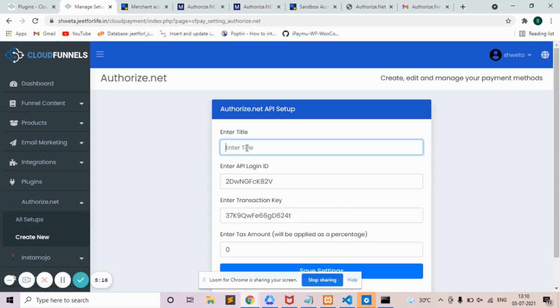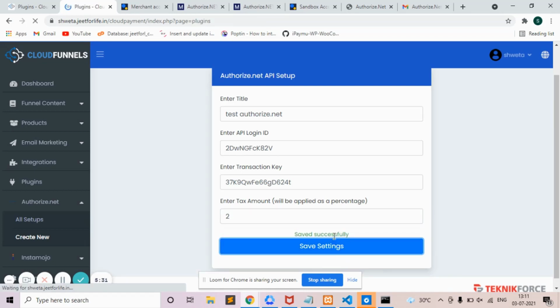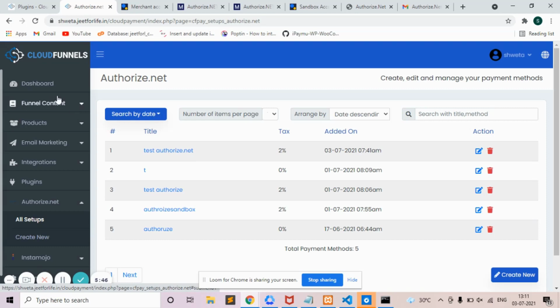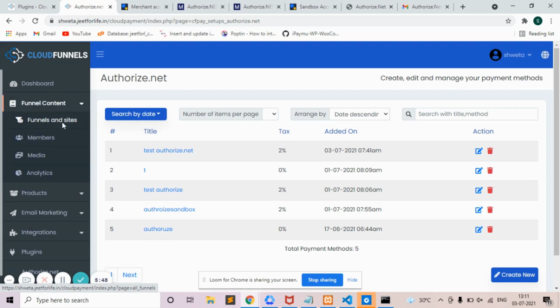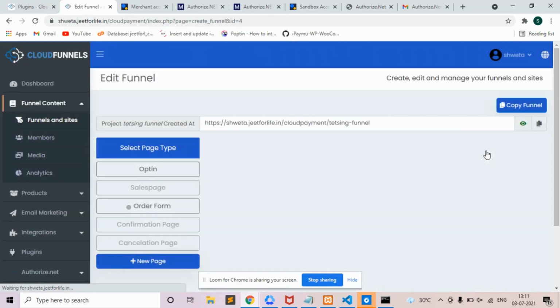Now add in your title and your desired tax amount, which will be applied as percentage. Then save settings, and it will be added to your list. After all that, you can now go to Funnels and Sites. Choose your funnel, click on Edit Funnel button,